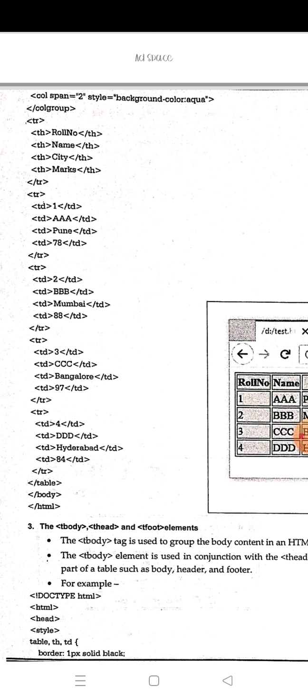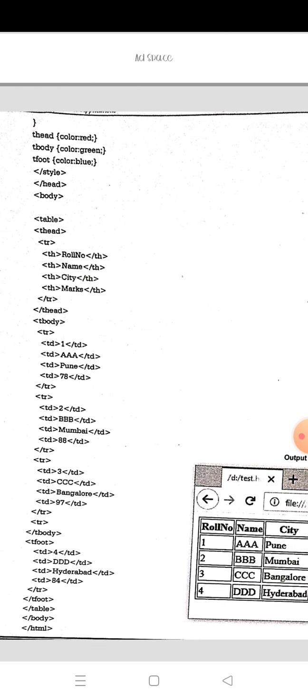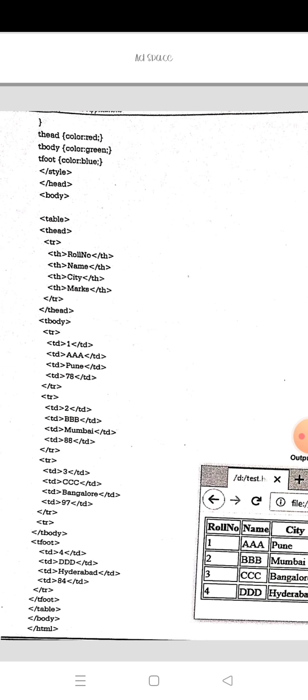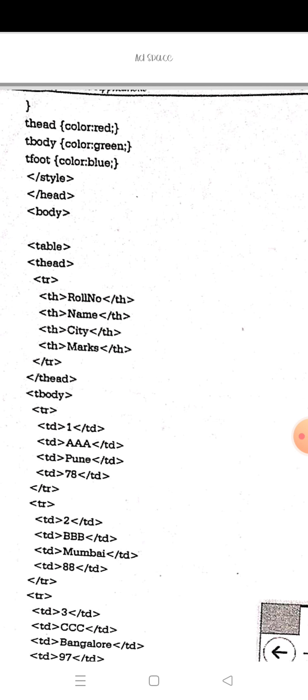So we have to mention the document type, that is HTML, then the html root element, head, then style. We are styling table, th and the td, that is border is equal to 1px solid black. Okay, then closing the style, then thead, we use the thead now for the table head.